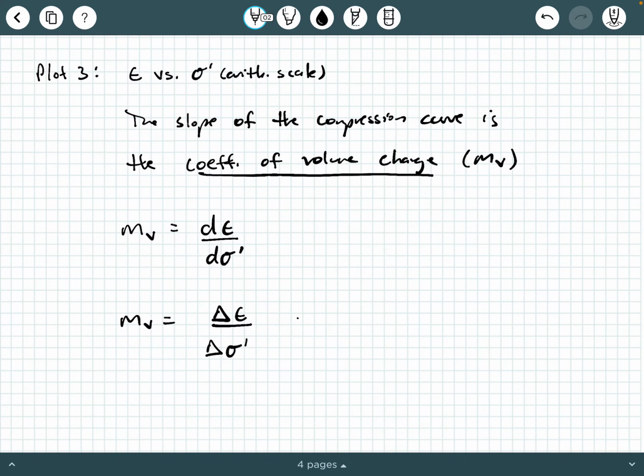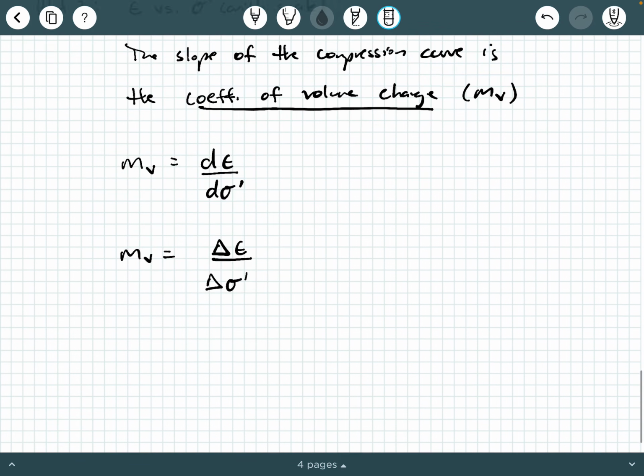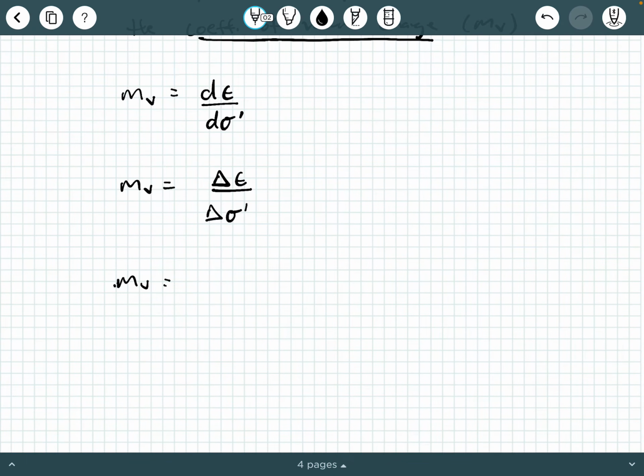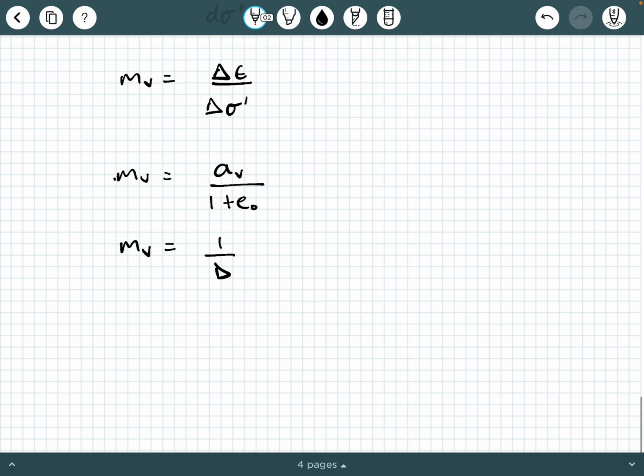Okay, and it turns out that the coefficient of volume change is also equal to A sub V over 1 plus E naught, which you can relate to your void ratio plot, okay? So this is it pretty much. And then another way to express this, we can say M sub V is equal to 1 over capital D, where D is a special term called the constrained modulus. Okay,